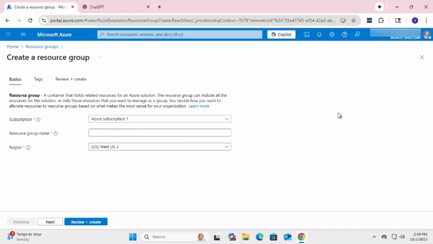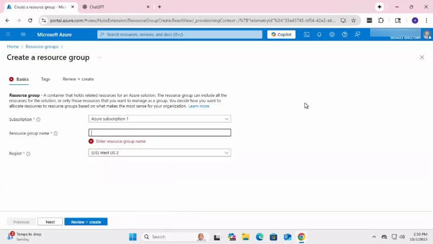I want to show you another thing that I recommend: a correct naming convention. I am a fan of capital letters. Why? Because they look better. So in this particular case, I'm going to create a resource group called